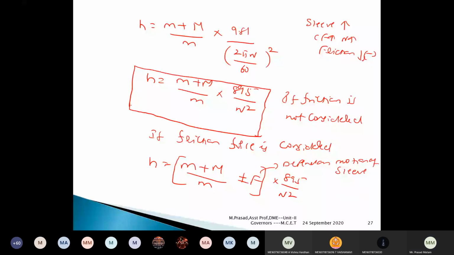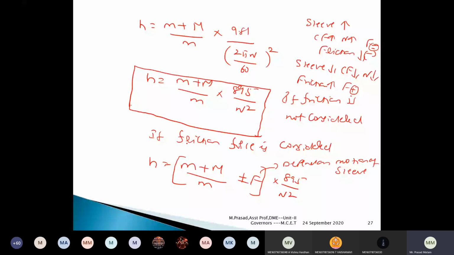Second condition: the sleeve is moving downwards. Centrifugal force decreases, speed of the governor also decreases. In that case, the friction force will act opposite to the motion of the sleeve, which means friction force is acting in the upward direction. In that case, you have to take friction as the positive sign. Here you have to take friction as the negative sign. That is how we take positive and negative. So this gives the relationship between the speed and height of a governor when you consider the friction; the other equation is when you neglect the frictional force. With this I will wind up here.